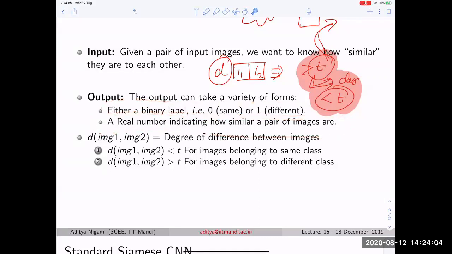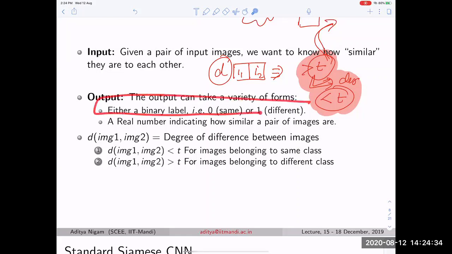Sir, the binary one is more difficult because the network will give us a real number, and then deciding where to put a threshold to take it as 1 or 0 is difficult. But that can also be learned. It's not a big deal. In fact, you can train a network with binary cross entropy as the loss for this. So the network can be trained.